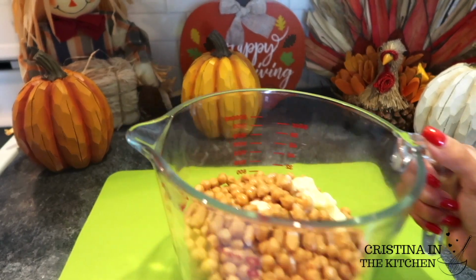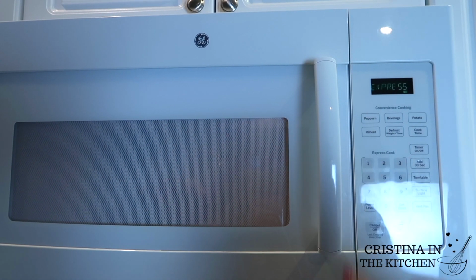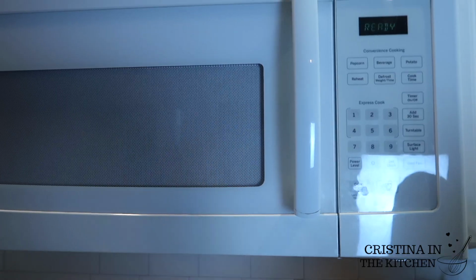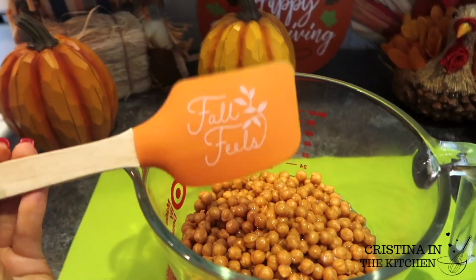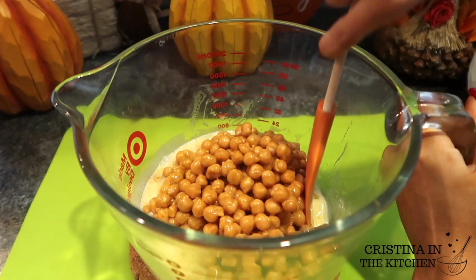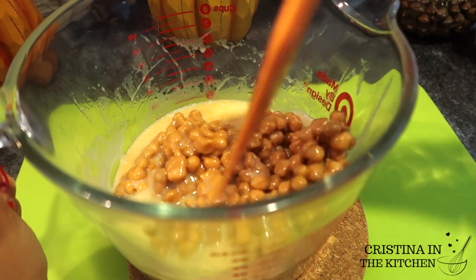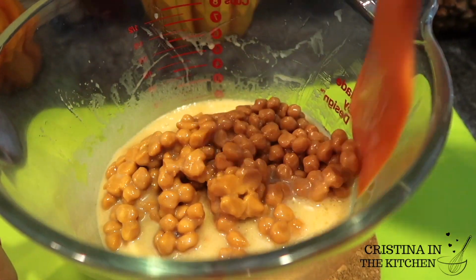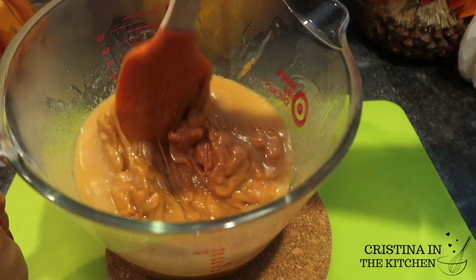All you need to do is microwave the caramel for 2 minutes. You don't have to worry about it burning like you would on the stove. Just after those 2 minutes, give the caramel a stir. After stirring, we are microwaving for another 2 minutes and continuing to heat in 1-minute intervals until it is at